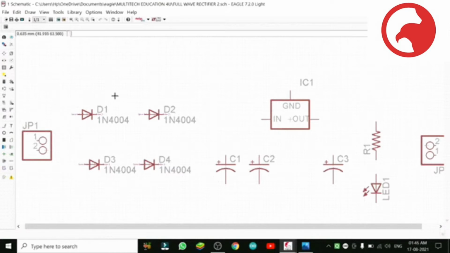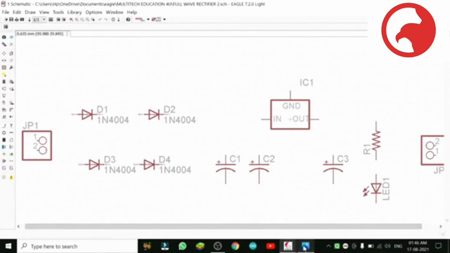I told you the grid must be there, and in the grid, in the upper portion, you have to select 0.635. This is the pin where we have to connect the diodes. This will be the negative side output for our other components, and the output will be positive to our voltage regulator as per our drawing, the full wave rectifier drawing.